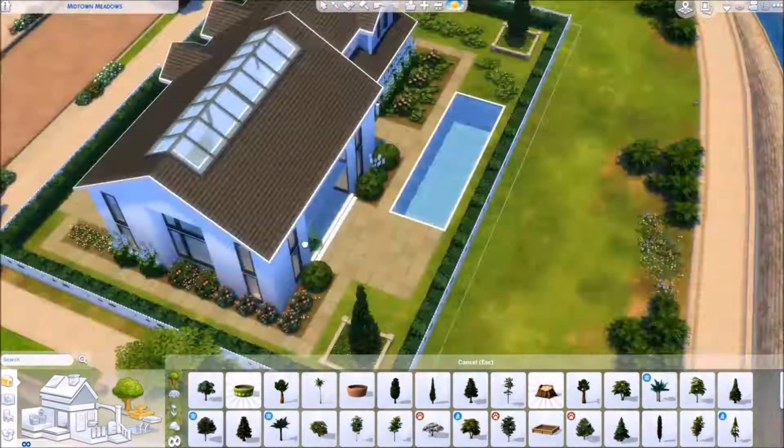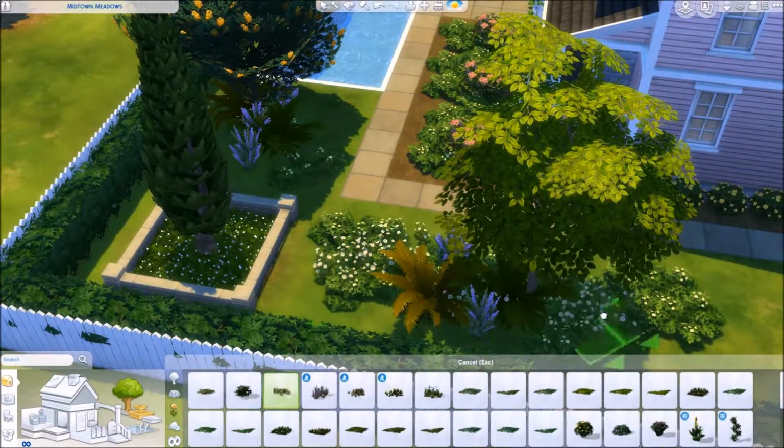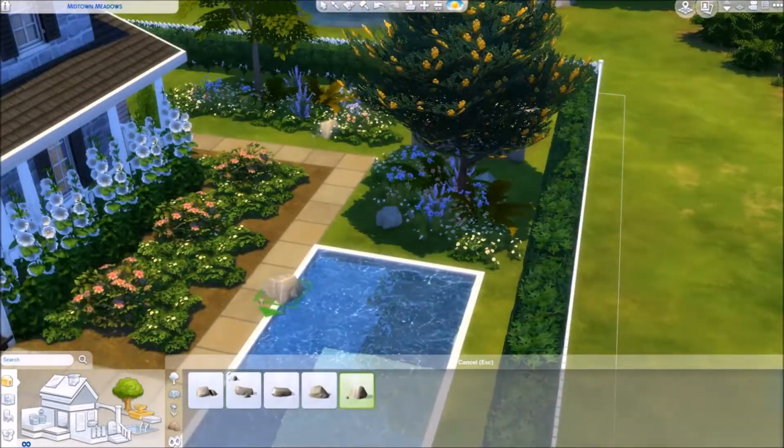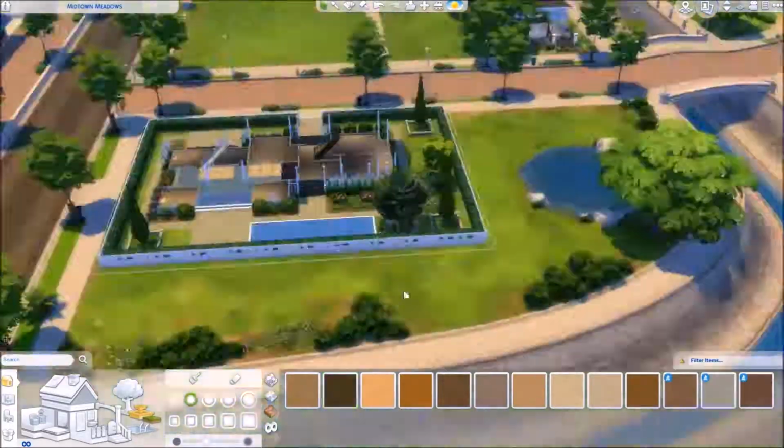Also, probably most of you have heard about the new stuff pack that's coming out next week, the pet thing. I did not have any opinion of it before I saw the trailer. I thought, oh, well, it's a pet stuff pack. Okay, well, I'll just see what it is. So I just watched the trailer, and